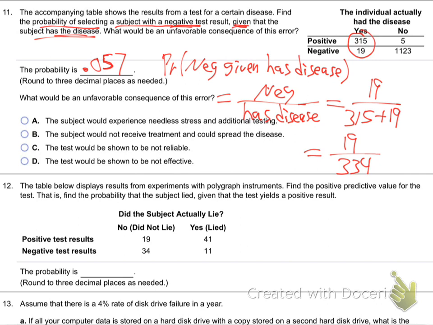Pretty bad test. But they end up trying to balance that end with the other end, because then they think, oh, we need to make the test more sensitive, since it's not sensing everybody that has the disease. When they make it more sensitive, it becomes oversensitive. It tells a bunch of people who don't have the disease that they do, because it's responding to certain hormone levels or other chemicals in your blood, which other things can imitate at times. That's always the problem with medical tests. They do the best they can. Statistically, they balance those two ends. They want to minimize both false positives and false negatives.